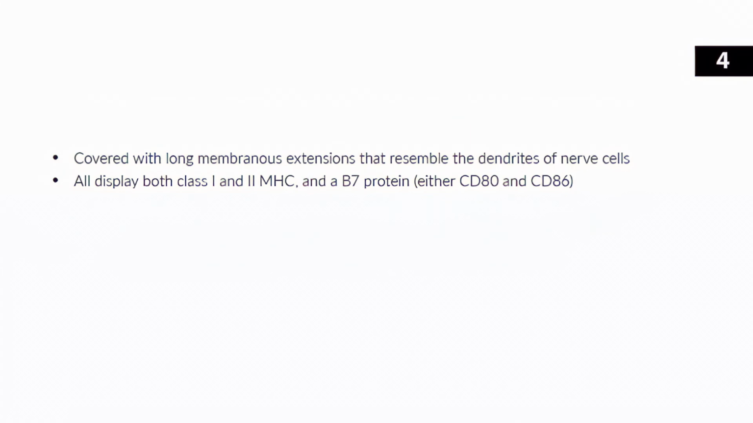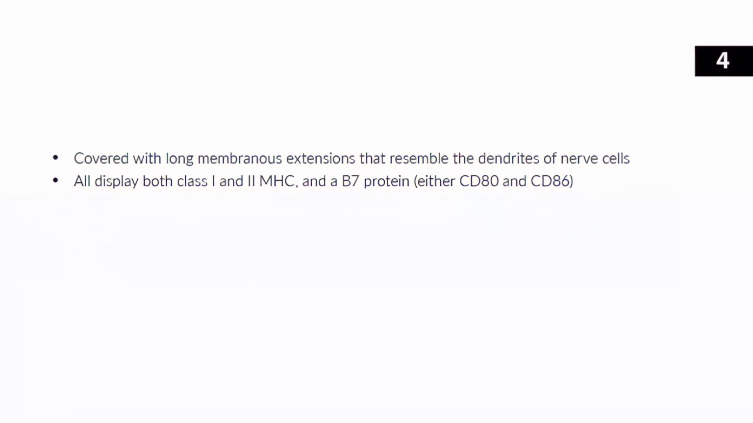helper T cells. They also have a surface protein called B7, which can bind to the specific proteins on the T cell and either increase or decrease the signal that is activated when the T cell receptor binds to the antigen that is being presented. And B7 is sometimes called a co-stimulatory molecule. It won't activate the T cell by itself, but it can influence the activation of the T cell when other